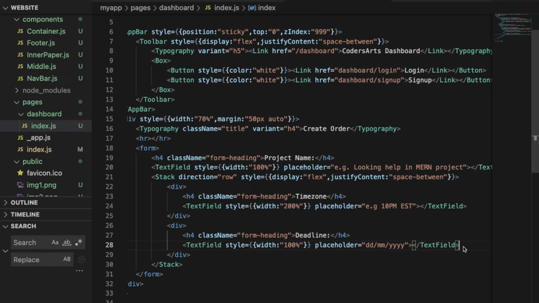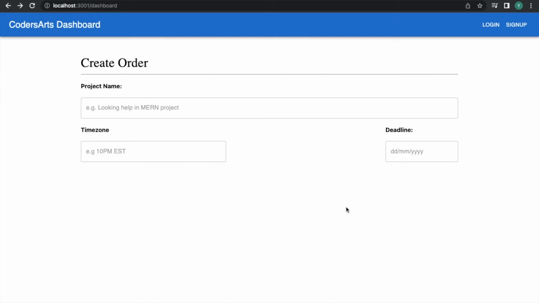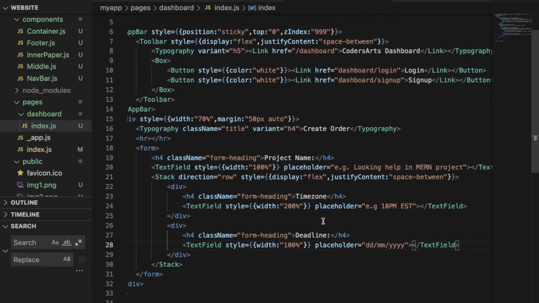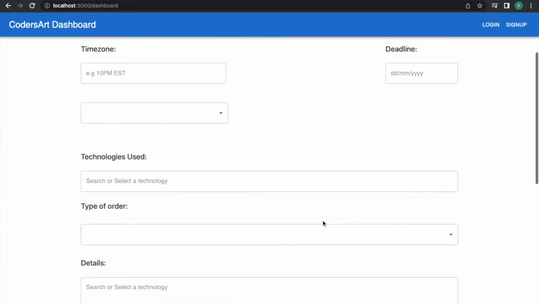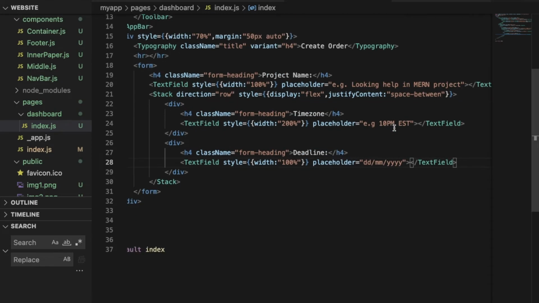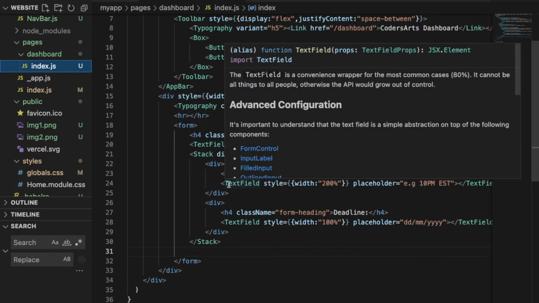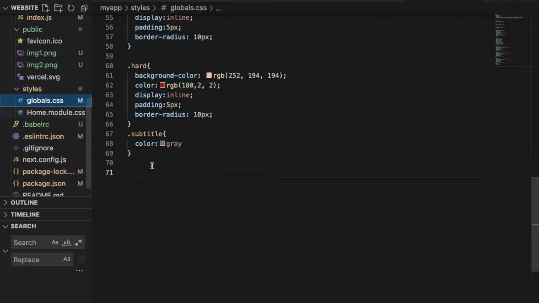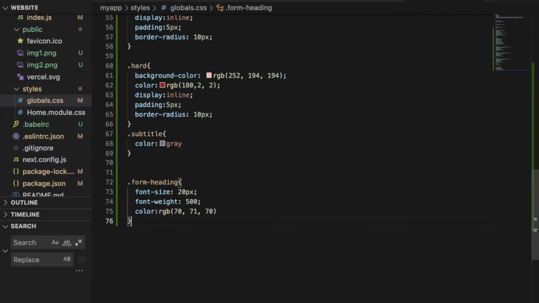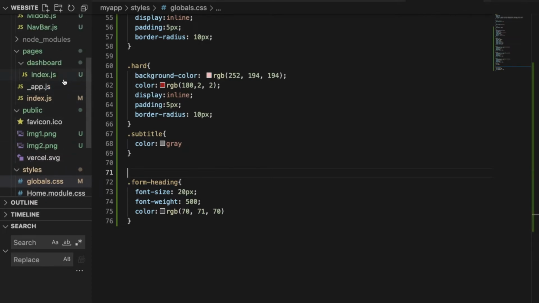So we can see that this appears here, right? The next would be done in another video because this video is getting very longer. Now we'll be continuing with our dashboard. So first of all, we'll go to our globals.css and we'll specify these stylings for this class form heading. We'll hit save and we'll go to our index.js,